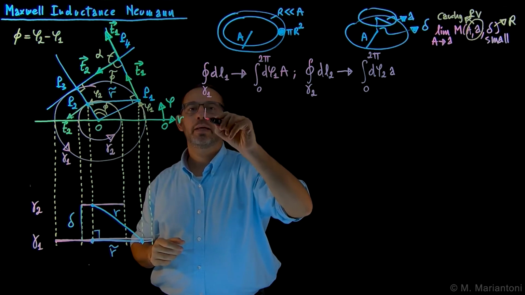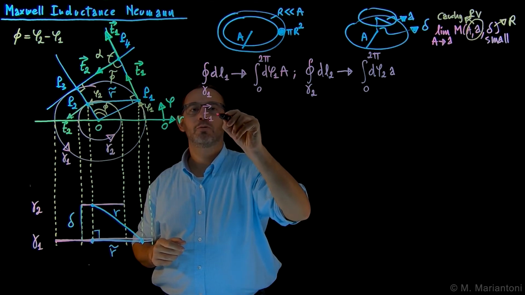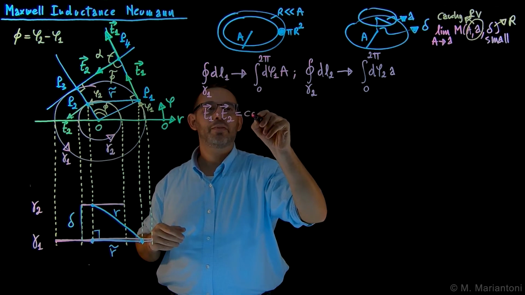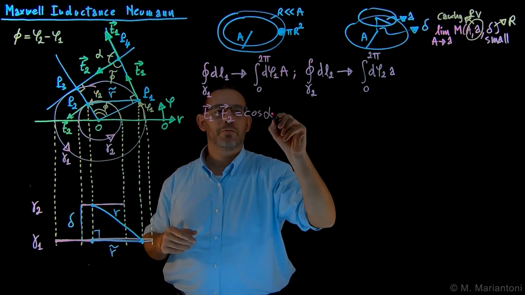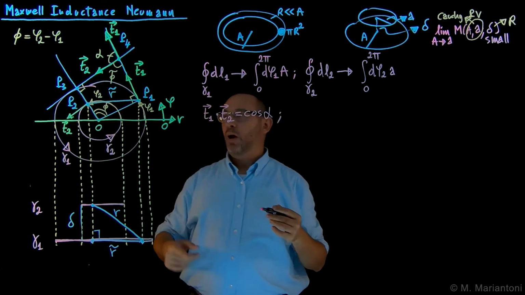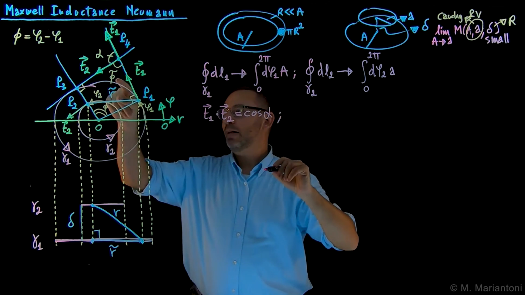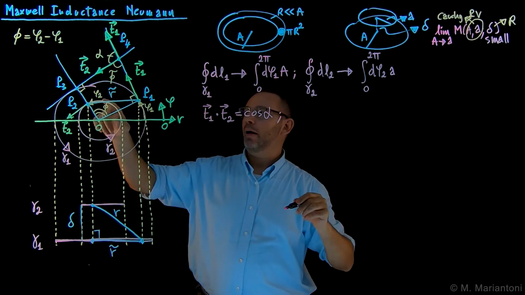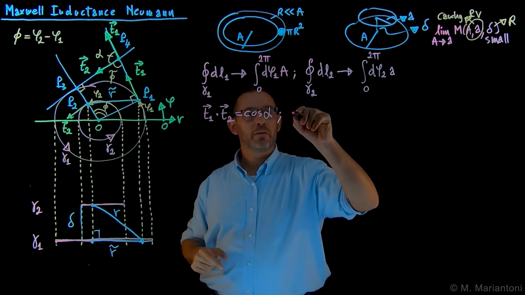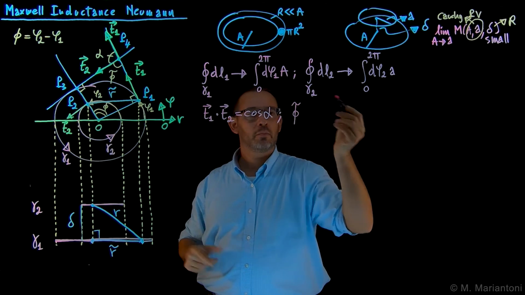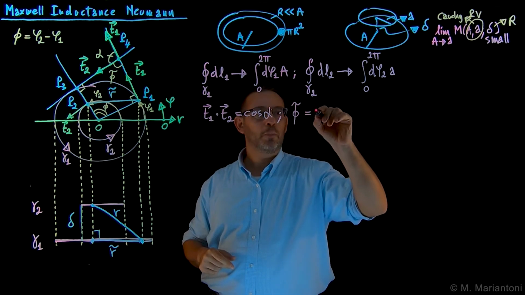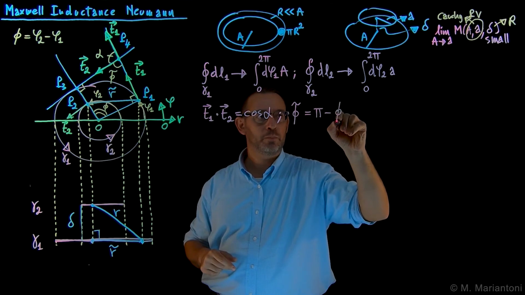And so in this case, T1 dot T2, which is in the numerator of Neumann integral, see the previous video for Neumann integral, is nothing but the cosine, since they are unit vectors, of alpha. Now, which is this angle here. Alpha, how do we compute it? Well, we know that this phi tilde and this phi belong to a quadrilateral, which has 90 degree here and 90 degree there. Therefore, simple algebra, simple geometry, phi tilde has to be equal to pi minus phi,